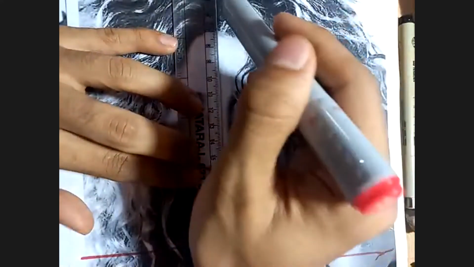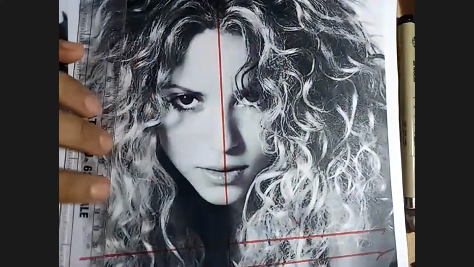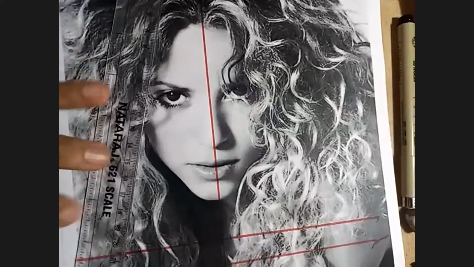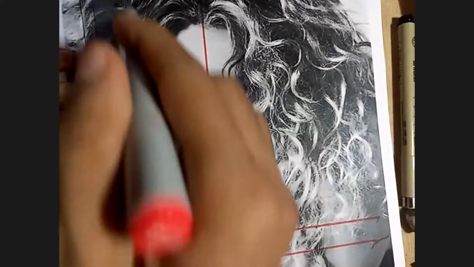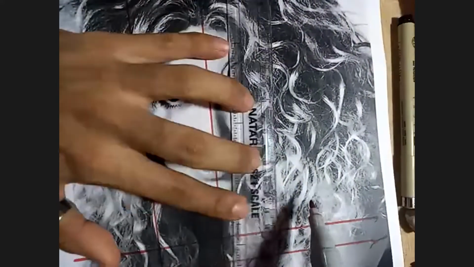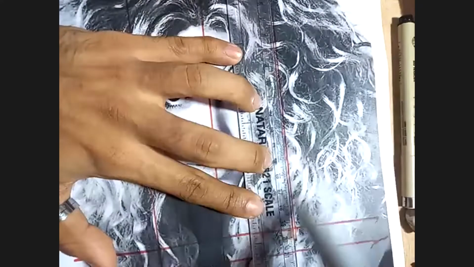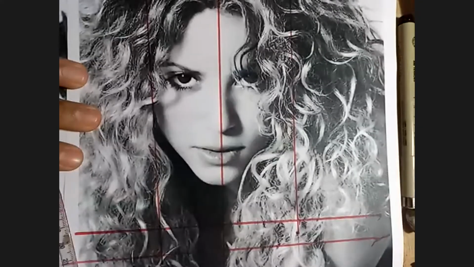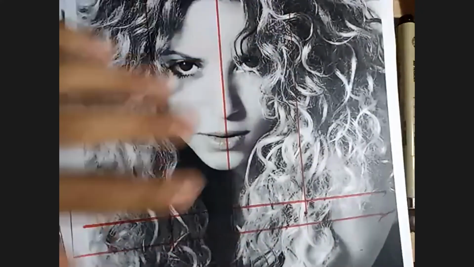Okay. Here's my center. All right. Here are my guidelines. This should provide you with clarity on how much we are going to be drawing.